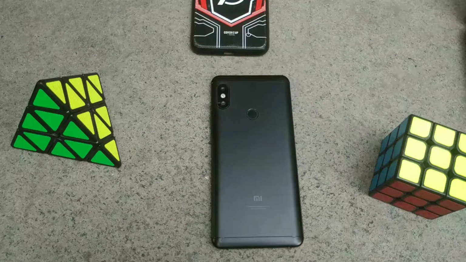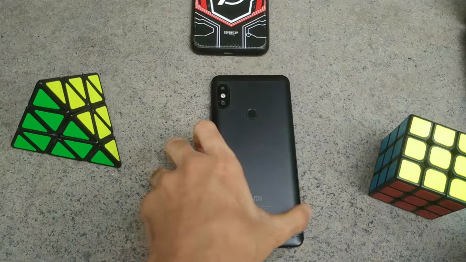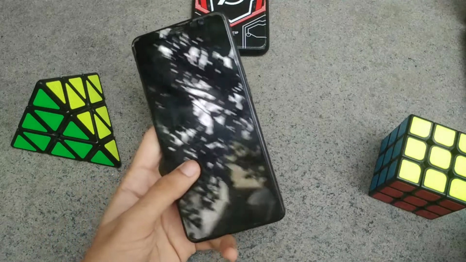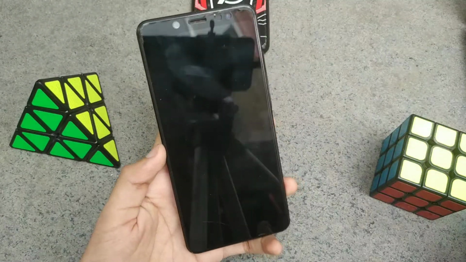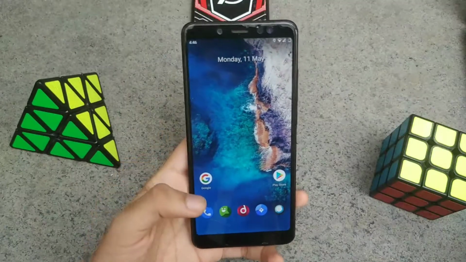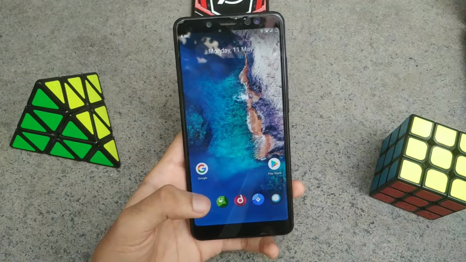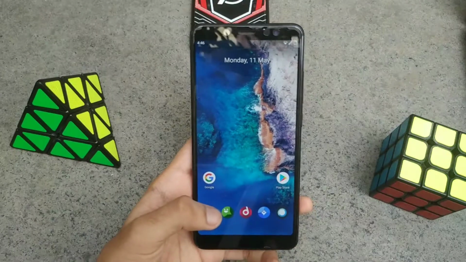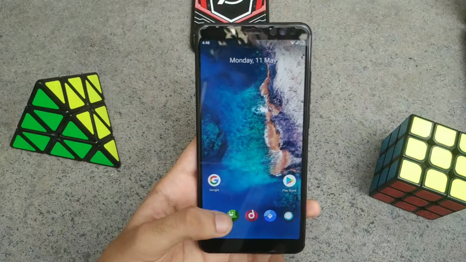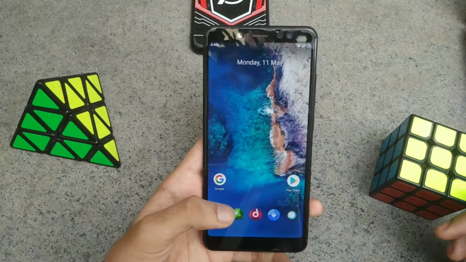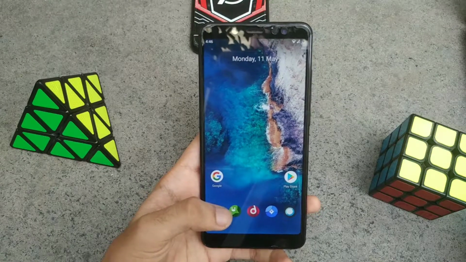In today's video, we are going to see a custom ROM for Redmi Note 5 Pro called CR Droid, and this ROM runs on Android 10 and uses Lineage OS as its base. This ROM has a lot to offer in terms of customizations under the hood, while at the same time ensuring stability and performance. So geeks, let's go ahead and find out what the ROM has to offer us.